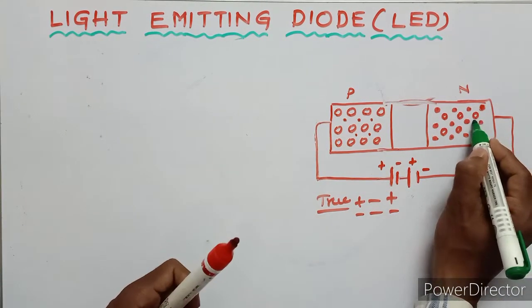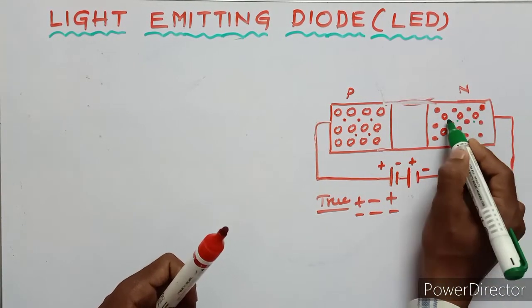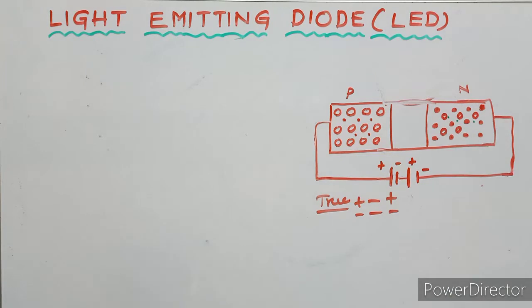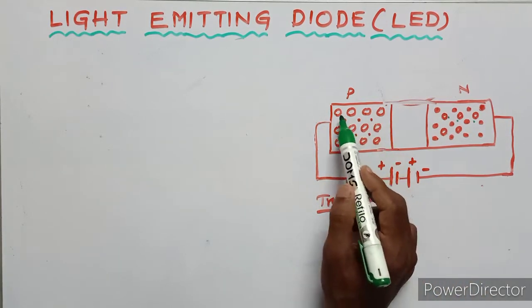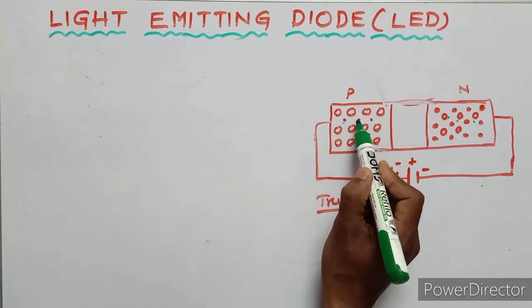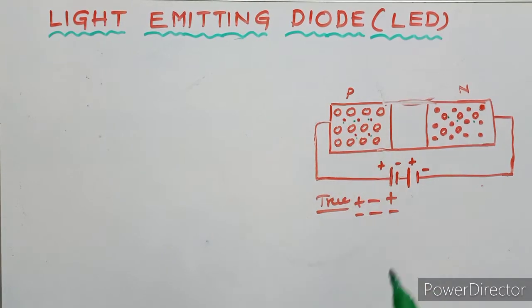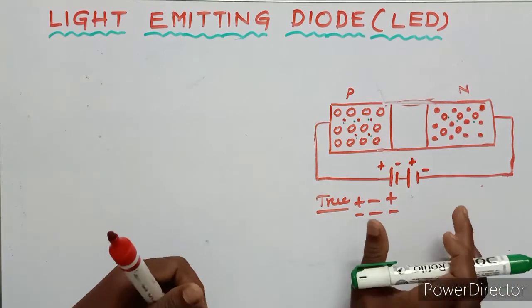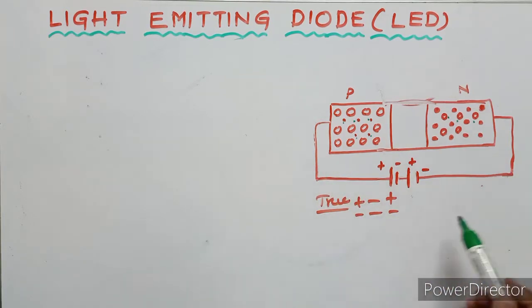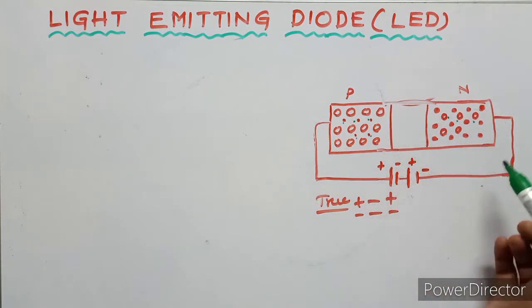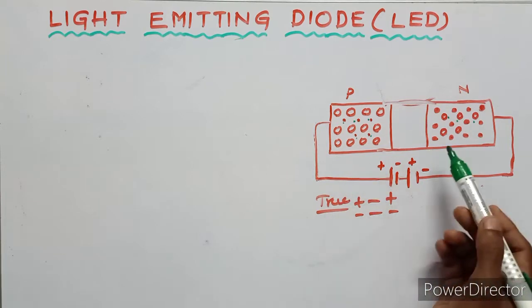Then these are holes, minority charge carriers in N type of semiconductor. In P type of semiconductor, the majority charge carriers are holes, and the minority charge carriers are electrons. Okay, electrons. It's clear. If the current flows through the PN junction diode, we apply the electrical